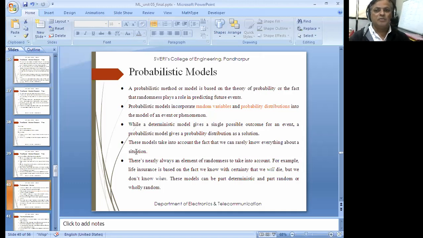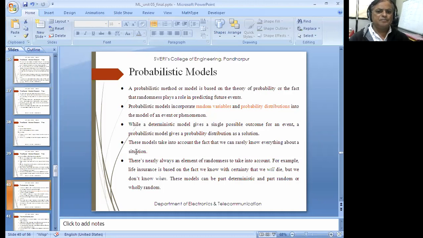For example, in summer there will be no rain, so most probably the answer would be that there will be no rain. So based on that concept that I know about this situation, that it's summer and there will be no rain, accordingly the prediction will come into the picture.